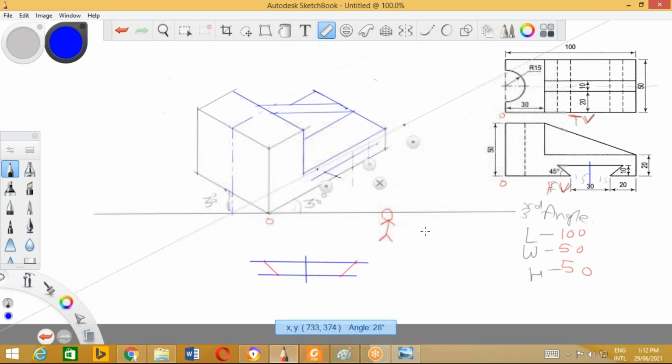Getting me? And join these points. Then you'll get the final shape of this particular dovetail. I'll erase the lines which are not required.